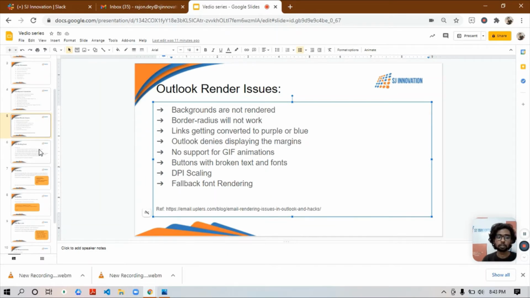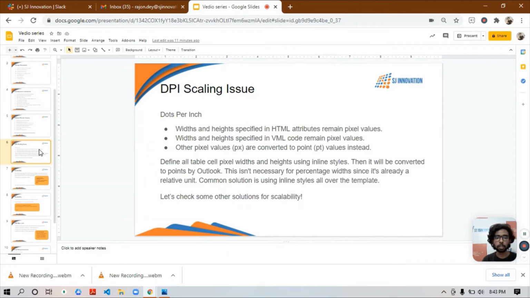Okay, let me explain this DPI scaling issue. So actually, what is it? Dots per inch means there are some scaling issues with spacing and other things. Suppose width and height specified in HTML attributes remain pixel values. There is no problem. Even width and height specified in VML code remain pixel values.